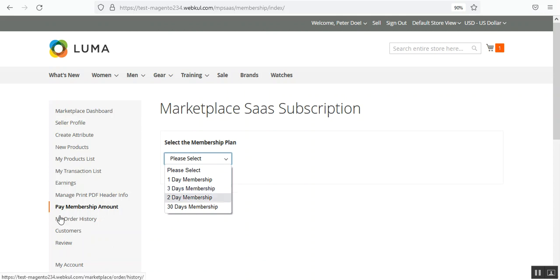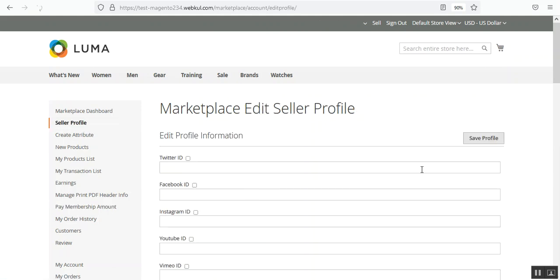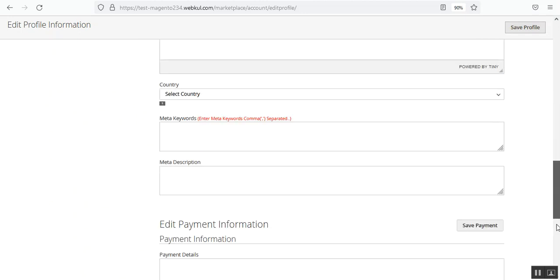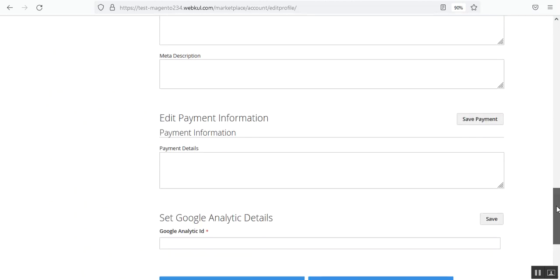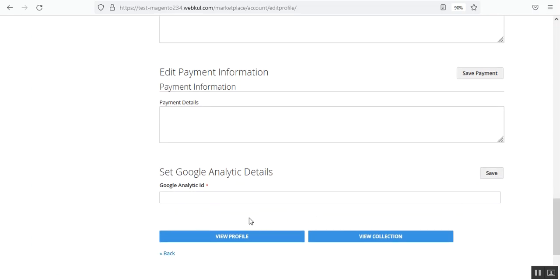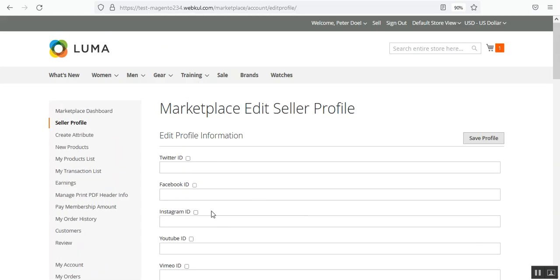And here you can see the SaaS configuration has also gone away. And if I go to the seller profile, the vendor subdomain section would have also been removed from this particular section itself. So you can see that the vendor subdomain section has also been removed. So now the vendor just needs to again go ahead and pay the membership amount to become the tenant there,